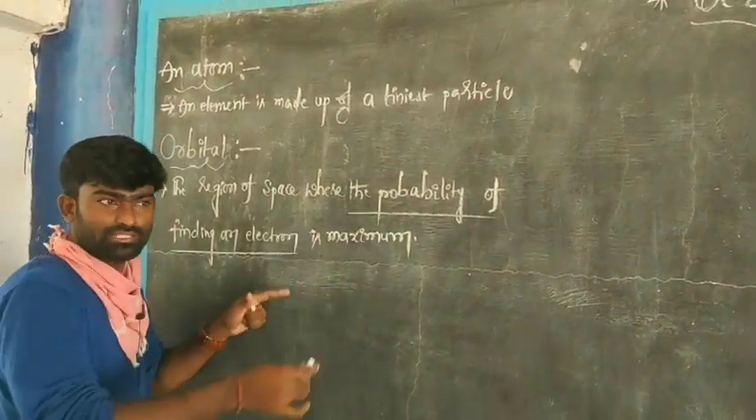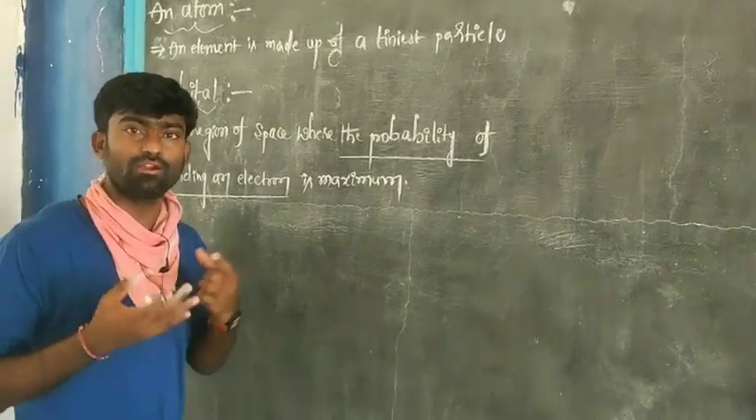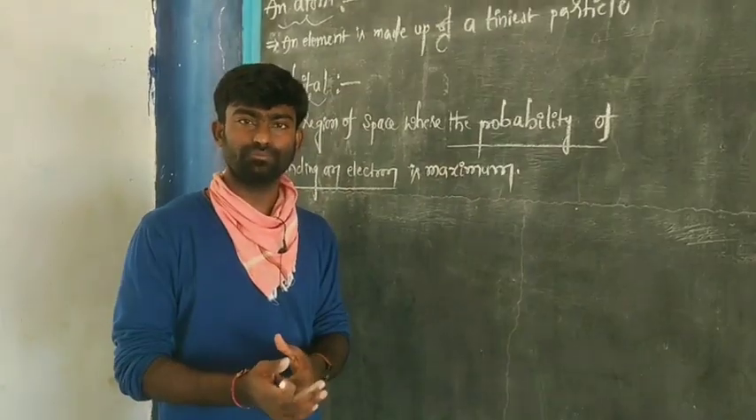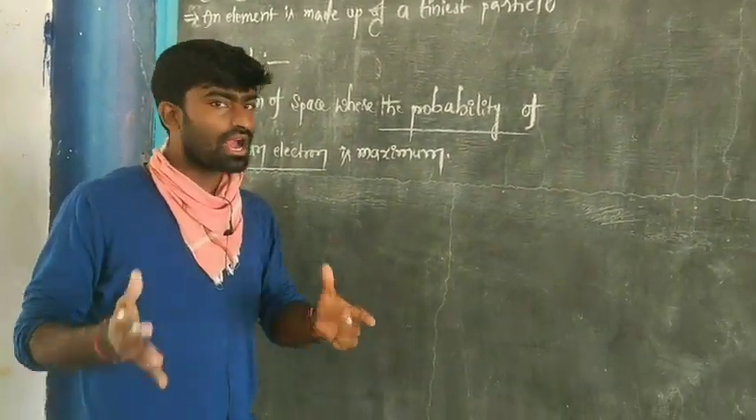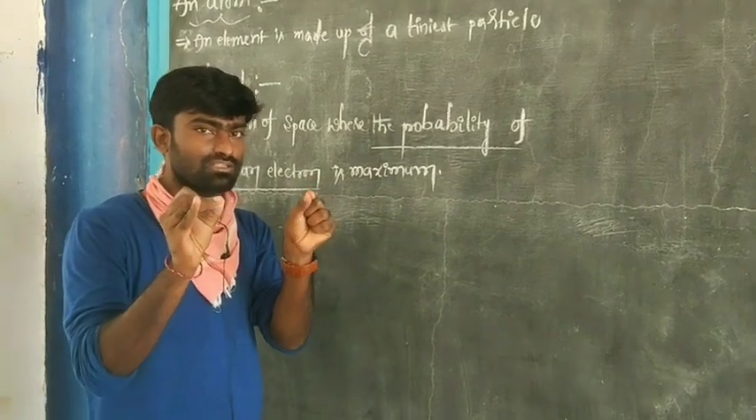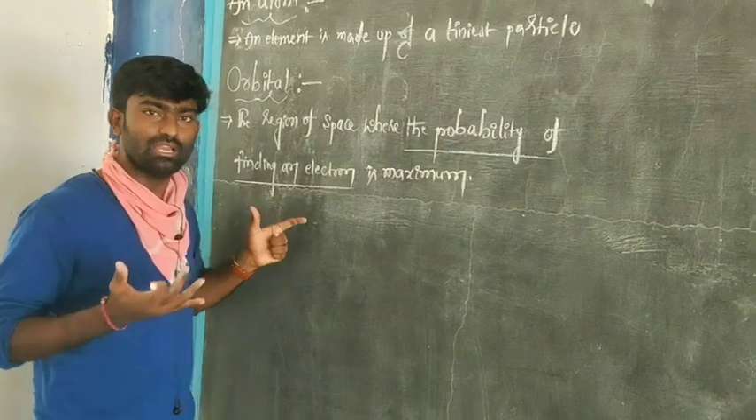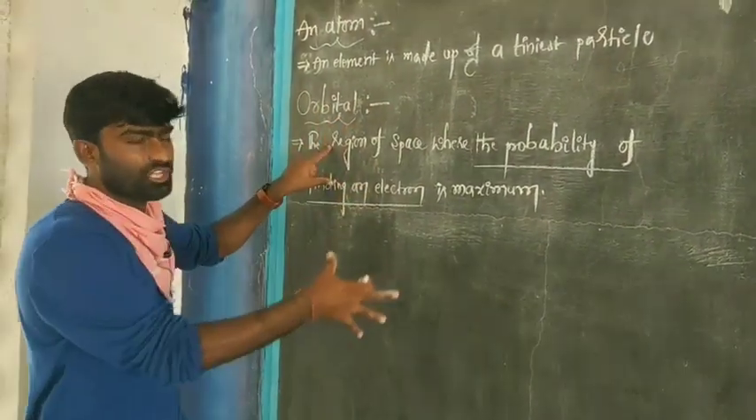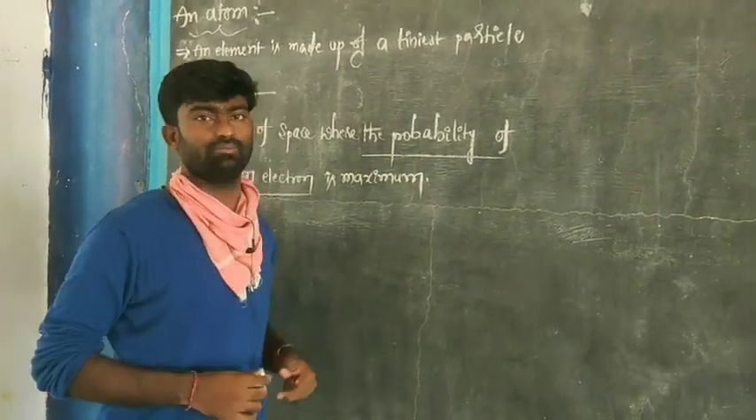Probability means the chances of finding an electron around the nucleus, which means an electron will be present outside the nucleus at different spaces, and the space where the probability of finding an electron is maximum is usually known as an orbital. So in this chapter we are going to learn about the different types of quantum numbers,